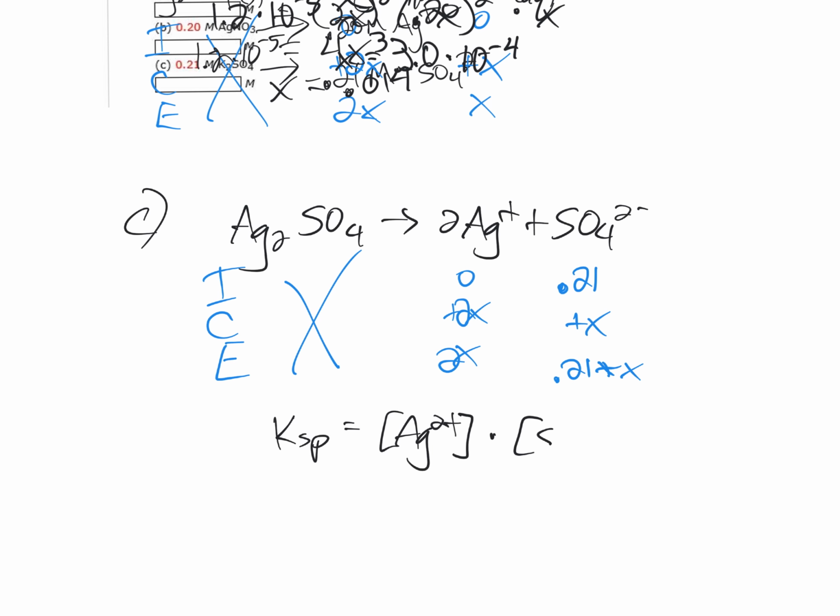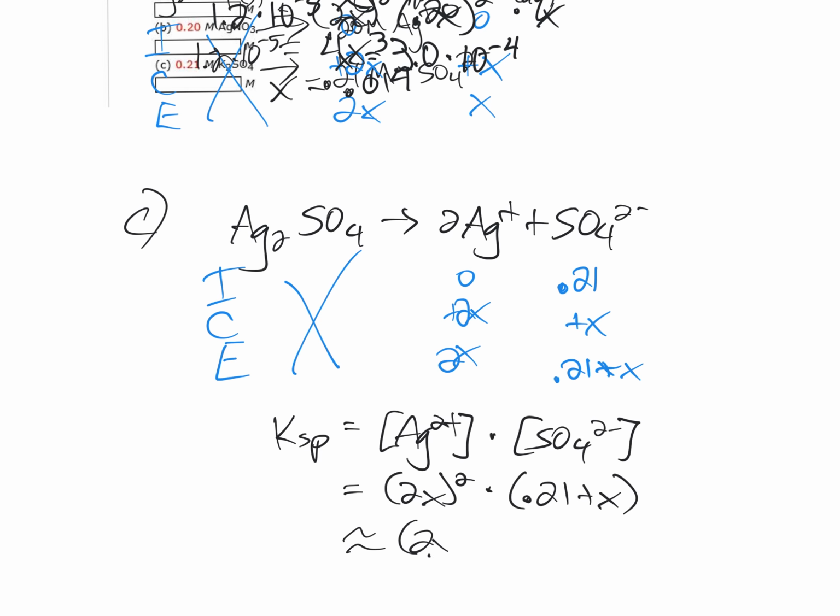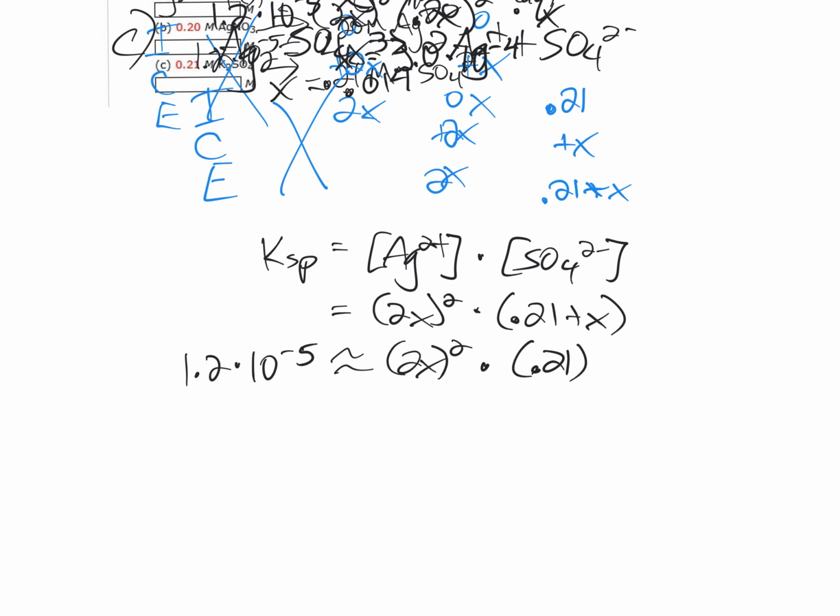When we write the expression for KSP and plug in our values from the ice table, it's (2x) squared times (0.21 plus x). We can absolutely make the mathematical assumption to simplify. 0.21 plus x is roughly equal to just 0.21. And since they had given us at the very beginning the value of KSP as 1.2 times 10 to the minus fifth, we'll just plug that in and solve. And when we do, x works out to be, in this case,